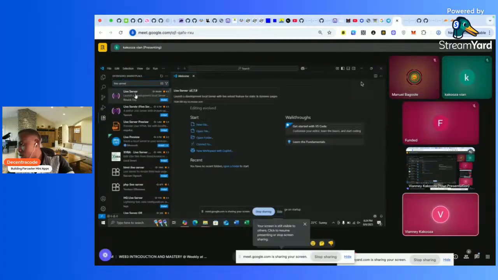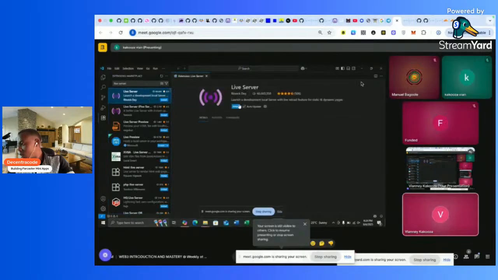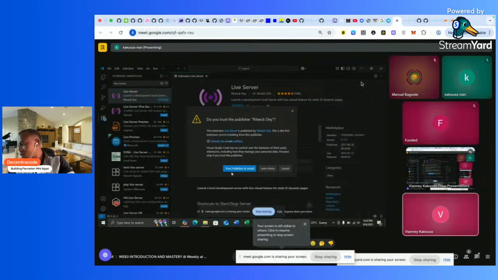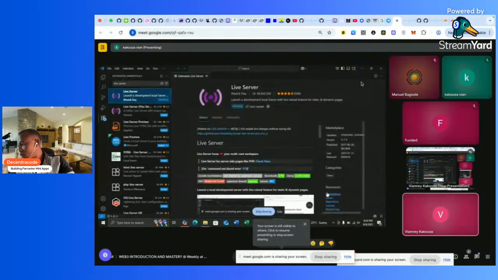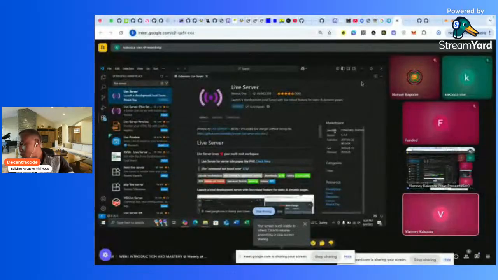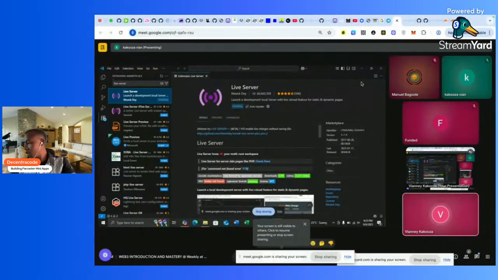Yes, so this is it: launch a development local server, and then you install it. When you install it, it will trust the publisher. It will always have a live server for you to start with. So it is installing, and as it is installing, the next thing we want to install is